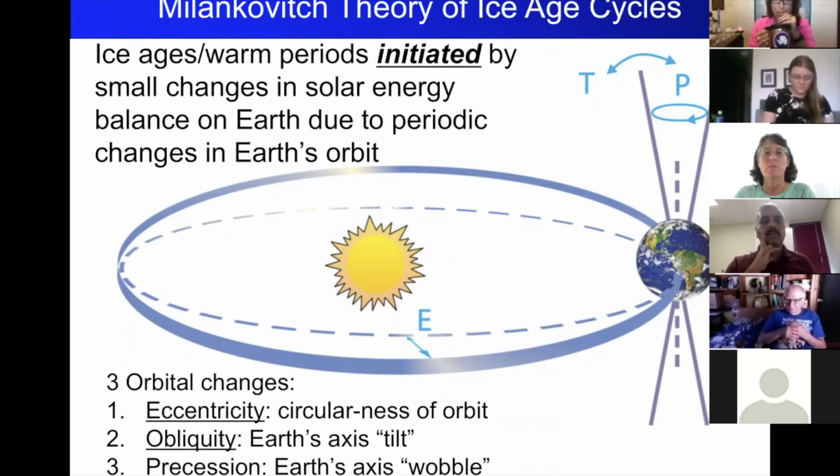which we call the Milankovitch cycles. You can break our orbit down into 3 different parts. How circular our orbit is, and that's called the eccentricity. You can look at our axis, and then you can look at how that axis wobbles in space. These 3, when you combine them, determine the amount of solar energy that reaches the Earth at any place at any time. And so these ice age cycles,